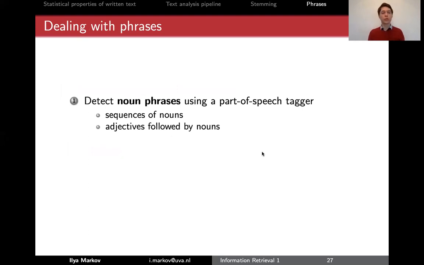There are different approaches. And again, depending on the application and your evaluation, different approaches may work better. One pretty heavy approach is to use noun phrases detected by a part of speech tagger. Of course, you have to run a tagger on all the texts, all the words, all the phrases. That's heavy, and if you are up for efficiency, that's probably not your approach, but if you want accuracy and the real phrases, then you have to do that. And it produces sequences of nouns or adjectives followed by nouns, like United States. Well, there will be examples.